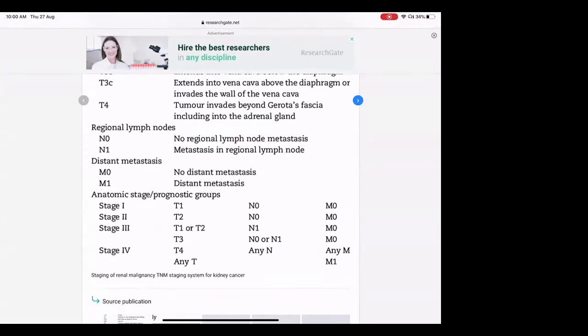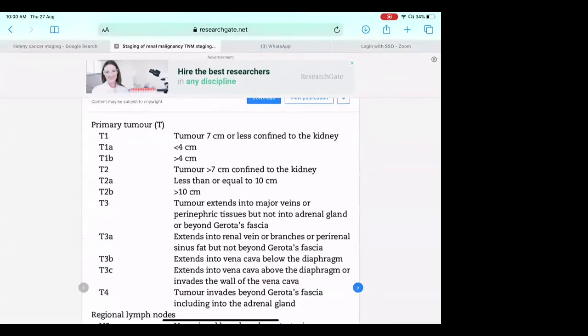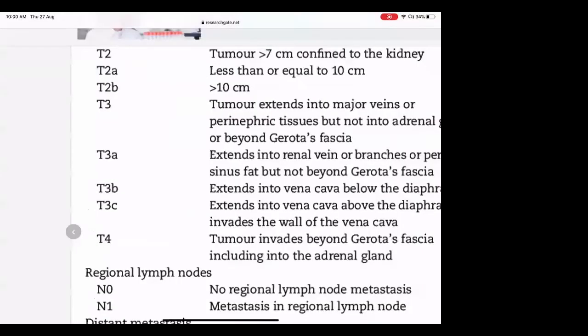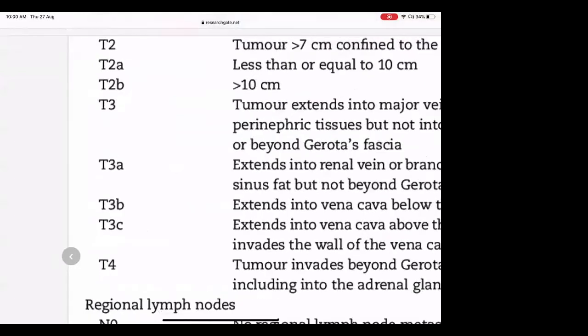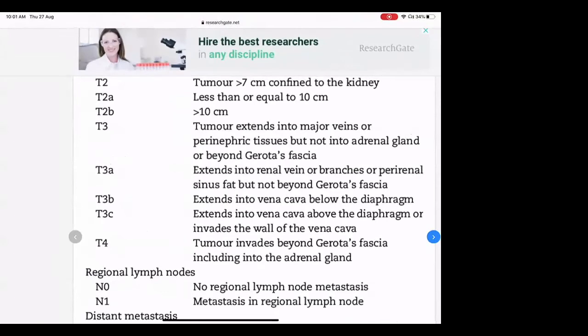We do the T staging. It tells me I can measure. Let's say this guy is less than 4 cm, it's a T1a. Then the next thing I look at is, is there any other spread? Obviously, I already said the cancer is 4 cm, and it's not invading into nearby structures. If it's invading into the nearby renal structures, regardless of size, it jumps to a T3a. Because size only matters if they are confined. If the size is small, but unfortunately your nearby neighbor also gets involved,